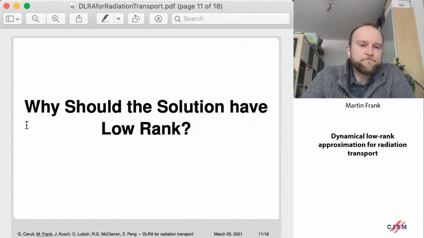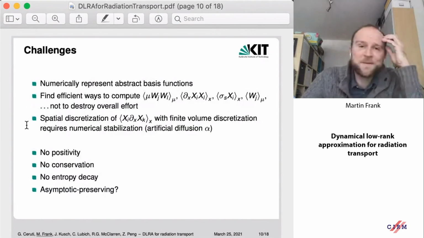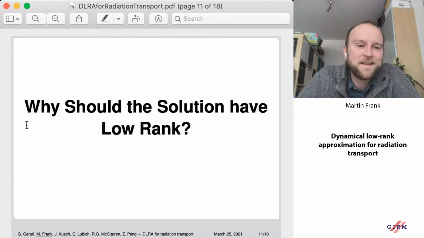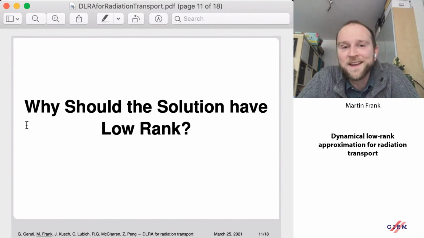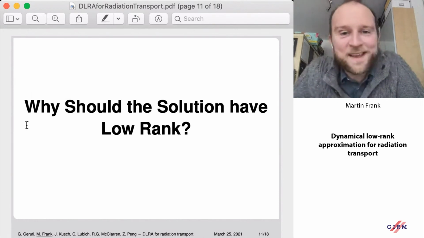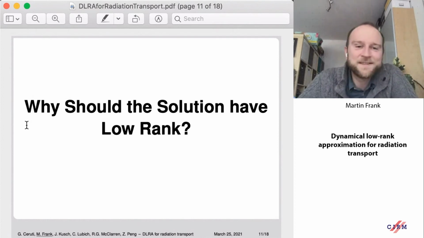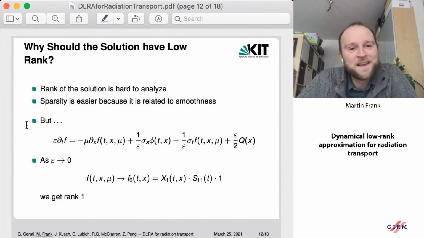All right. Well, I've talked a lot about low rank. So I've not given you the motivation except for its low memory. So there is the question: why should we expect the solution to a kinetic equation to have low rank in the first place, right? And you can think about this for a second. There is a very simple and convincing answer to that. Before I show you this, and you're probably peeking at it already,